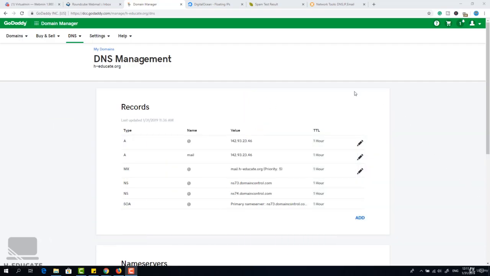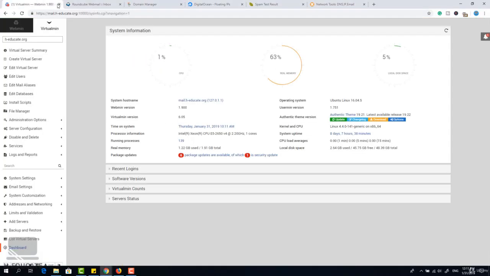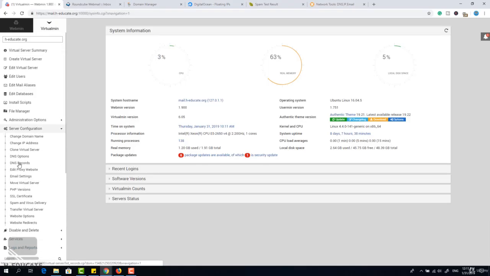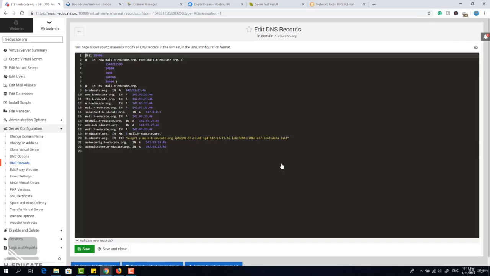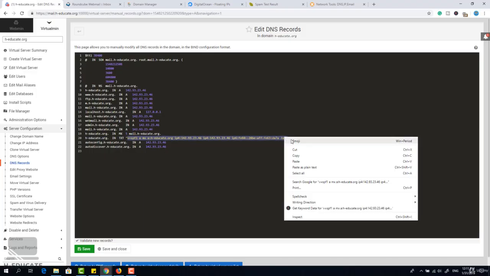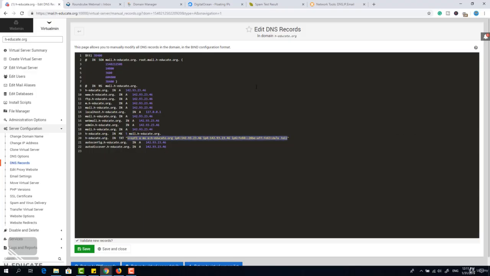First thing you have to do is to open your DNS management zone in GoDaddy, and let's go to our virtual mail server again and go down to server configuration. Here we have the DNS records. You can see here we have this SPF record. Let's manually edit records to see the full SPF record here, and let's copy it and click on copy,